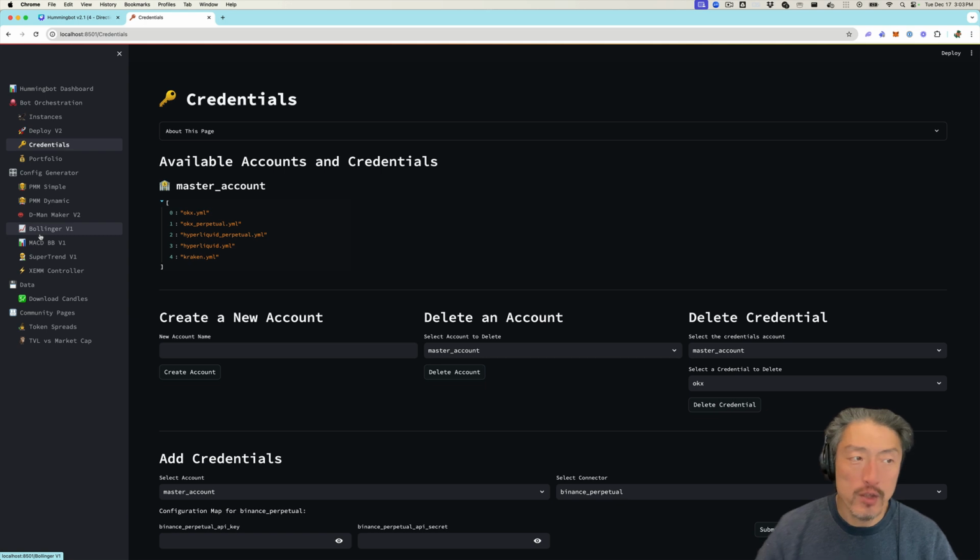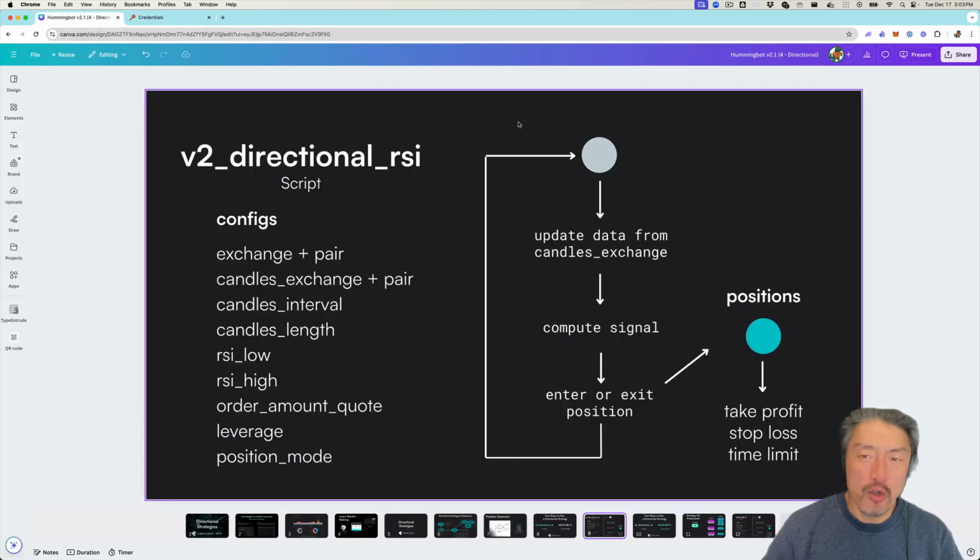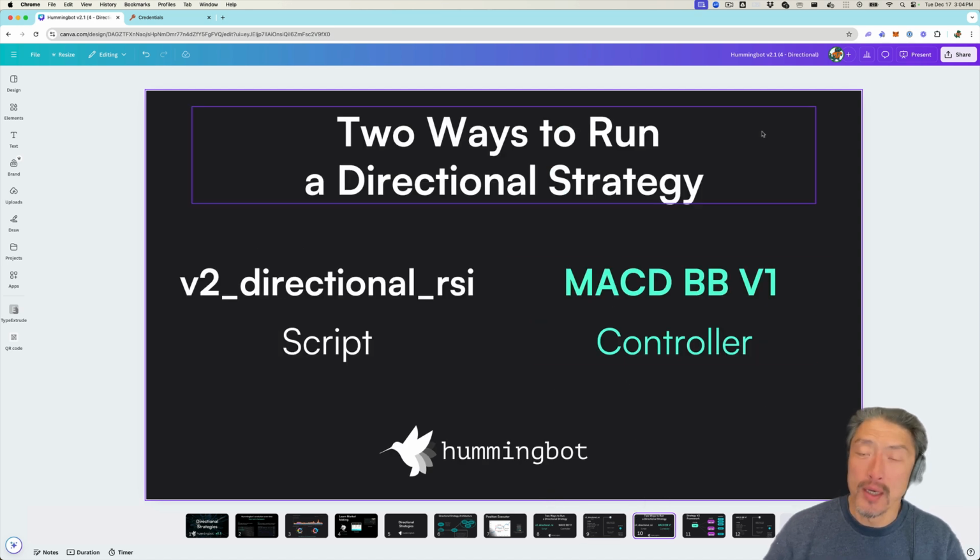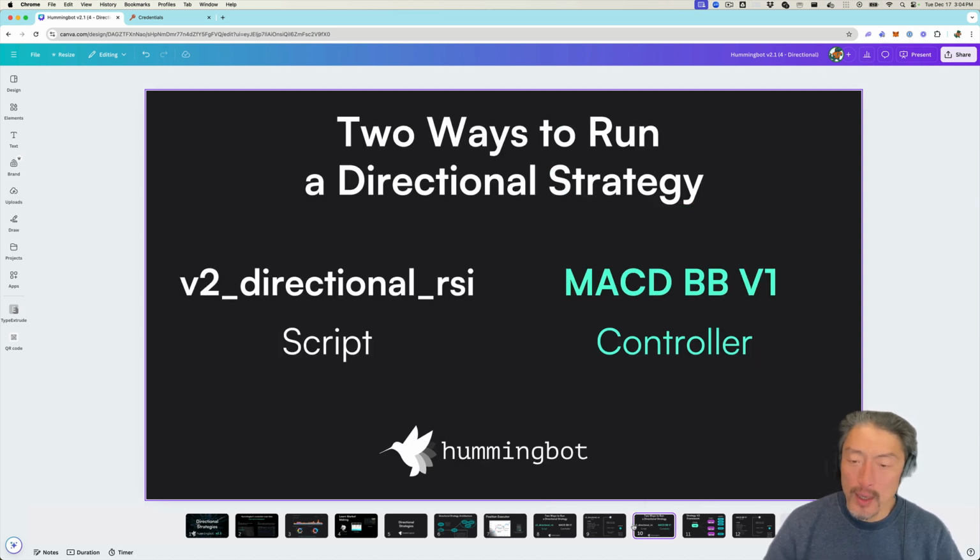For directional strategies, we can choose from a variety of different controllers, and we can choose from the Bollinger v1. So yeah, apologies for the naming. We have MACD BB, or Supertrend. So what we'll do here is use the MACD BB V1 controller. In terms of overall architecture, this one is very similar to how the V2 directional strategy